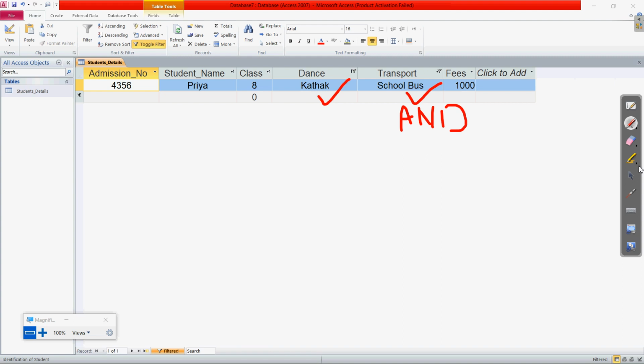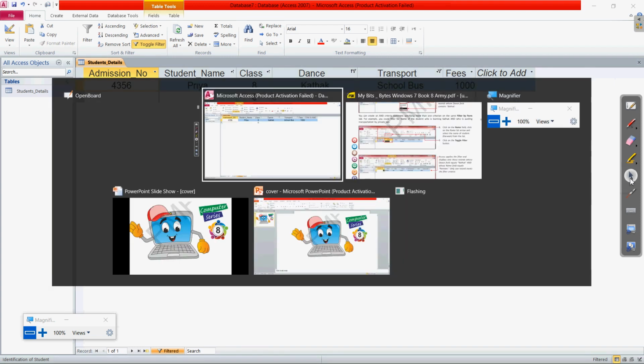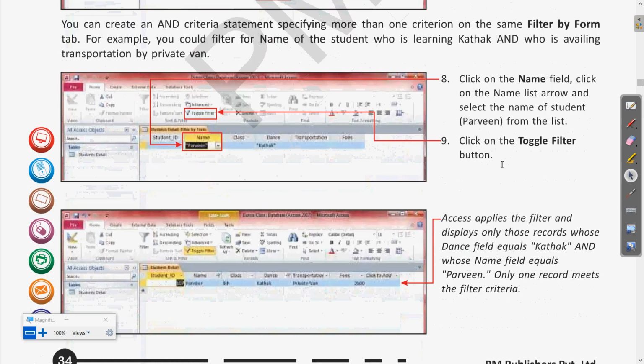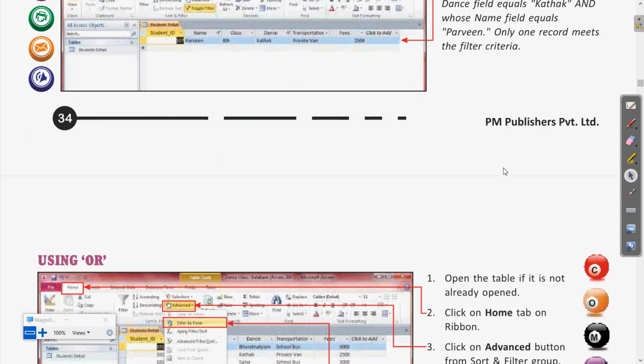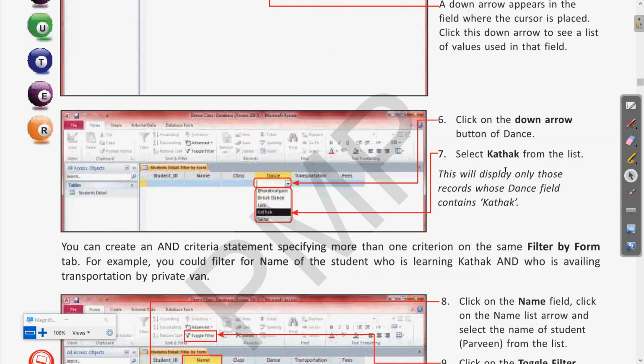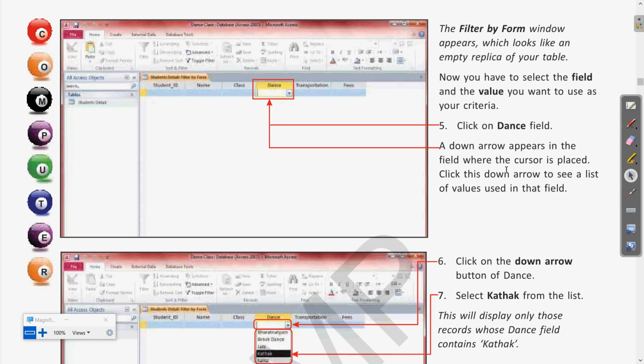The other further things we will discuss in the coming class. Wherever you have confusion, you can pause the video and watch it once. We will see the further things in the coming class. Then I will tell you how to use the OR conditions also. Okay, till then repeat the things, revise the things, and wherever you have confusion you can ask in the coming class. Okay, thank you everyone.